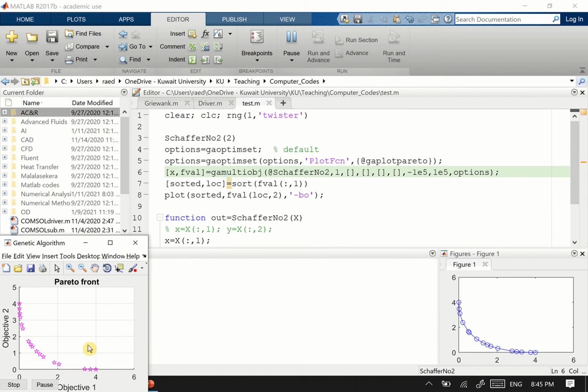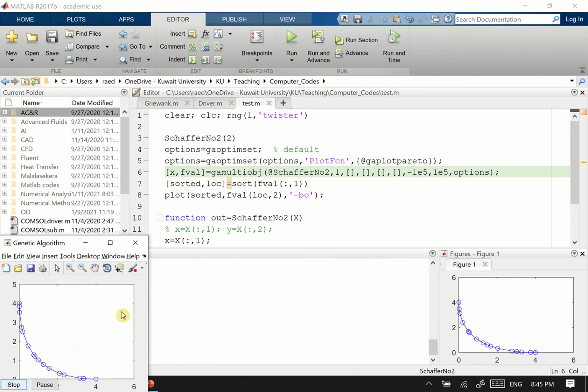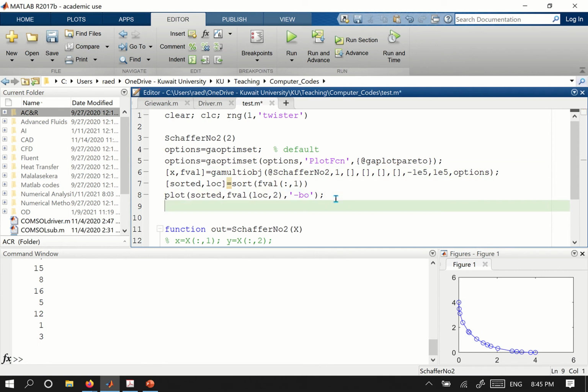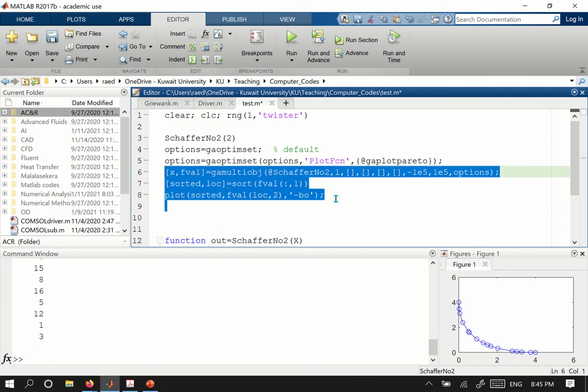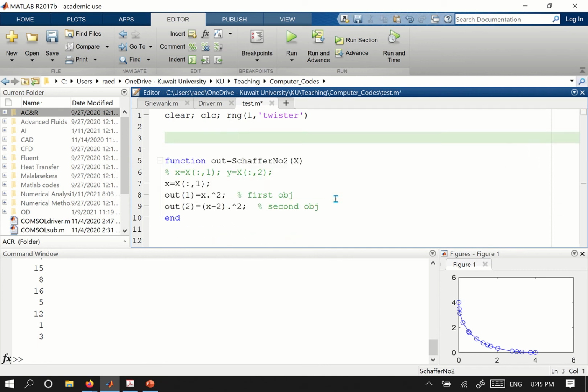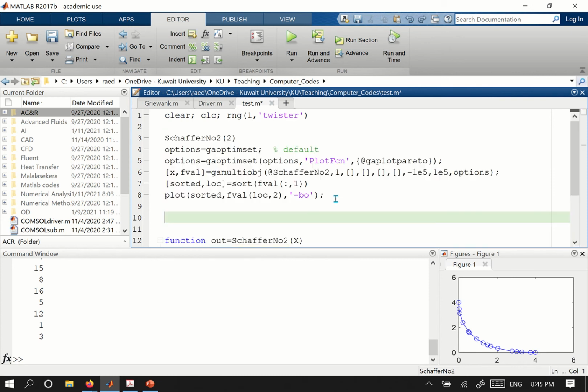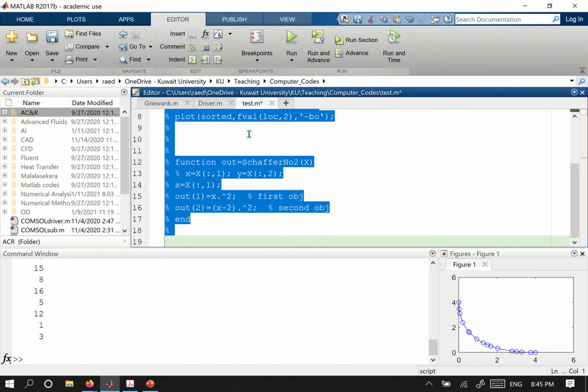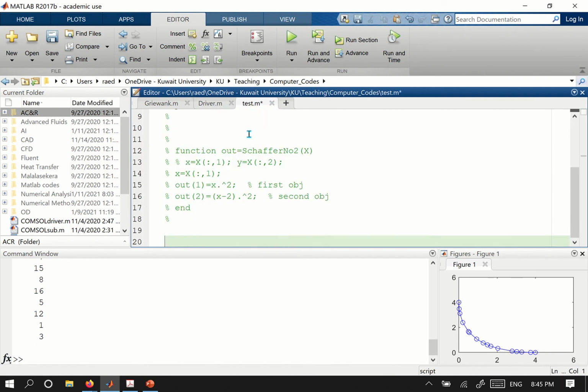Let's just let it finish. Let's stop. Can't stop. Okay, let's say we don't want any of this. And we don't want any of this either. Actually, let's save it, in case we want to adjust something. So let's comment it out and say we want to